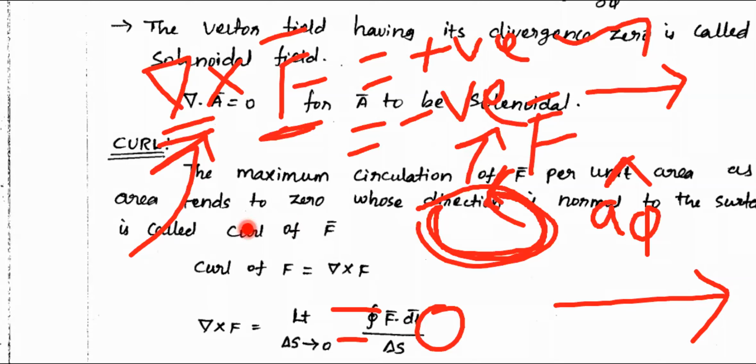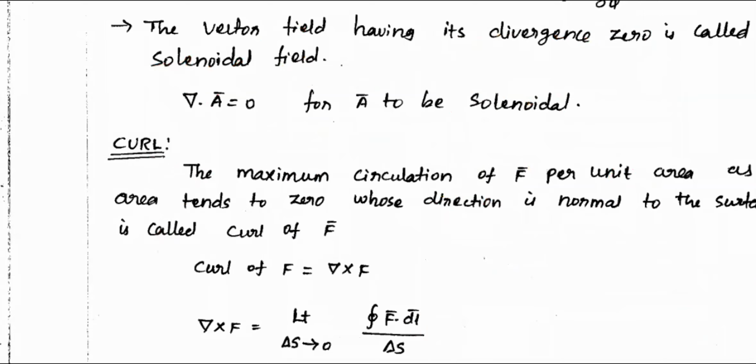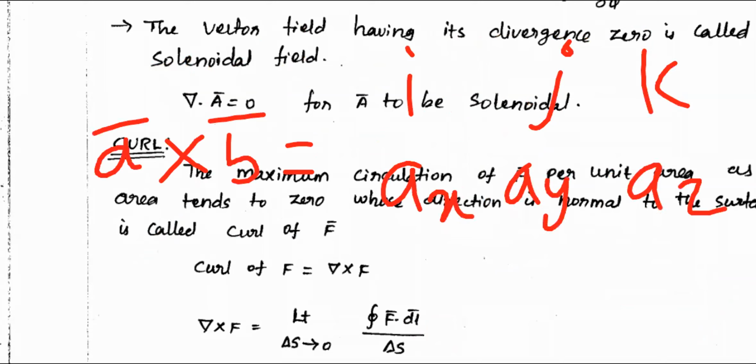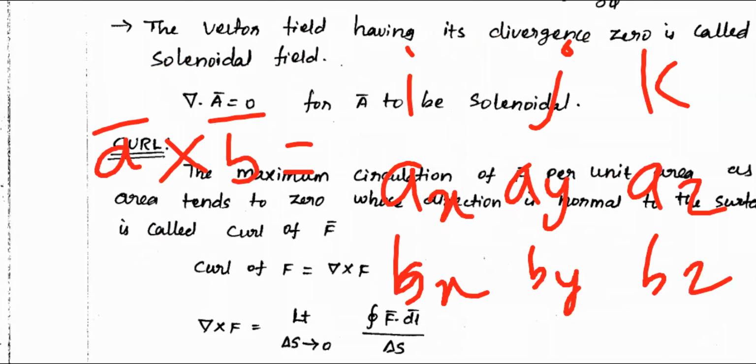So with the help of one vector, you are identifying that nature. But please remember, del is also a vector, and F is also a vector. So what is the simple way to calculate A cross B? There are many ways. The simple way is you take i, j, k, the Ax, Ay, Az components, and the Bx, By, Bz components, and put them in a matrix like this. You know how to calculate the determinant of the matrix.